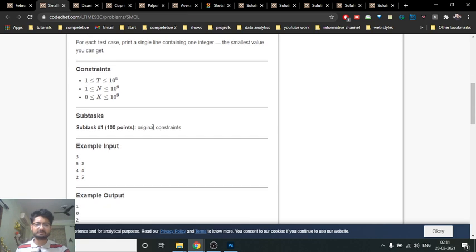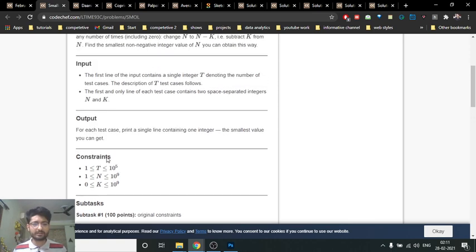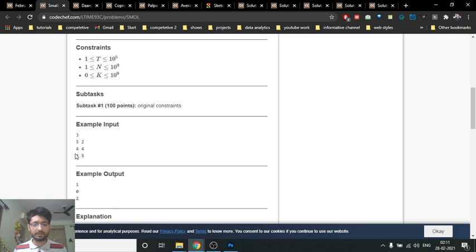The simplest explanation is that you just keep on dividing. Like subtracting 2, 2, 2 from 5, such that the last number which is remaining, which cannot be reduced further, is equal to 5 mod 2, which is equal to 1, or 4 mod 4, which is equal to 0, or 2 mod 5, which is equal to 2. So just finding out the modulus, n mod k. So that's the whole answer.